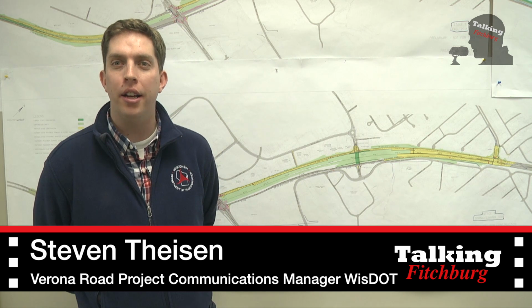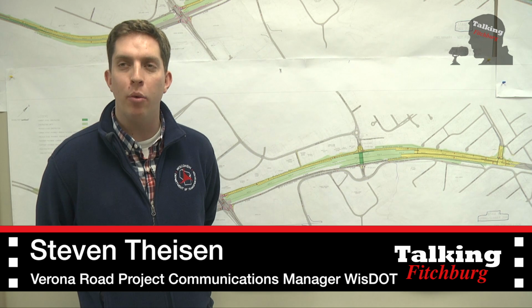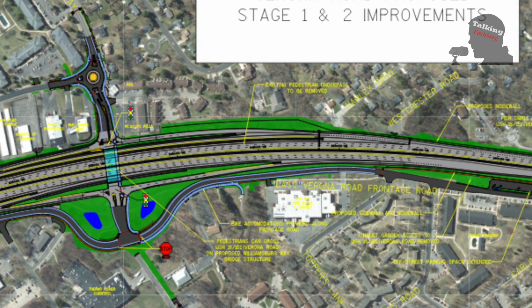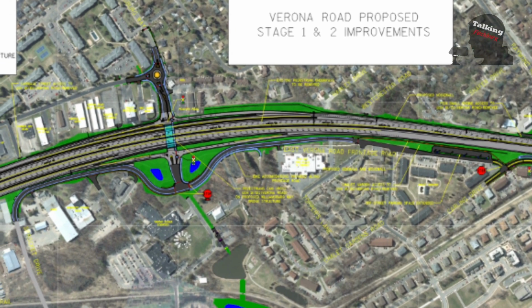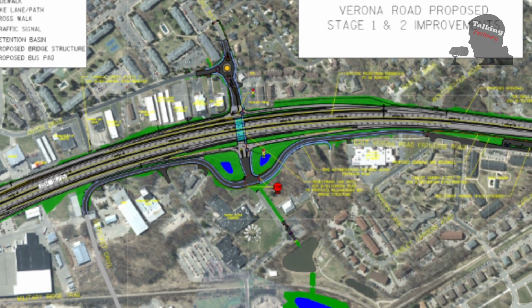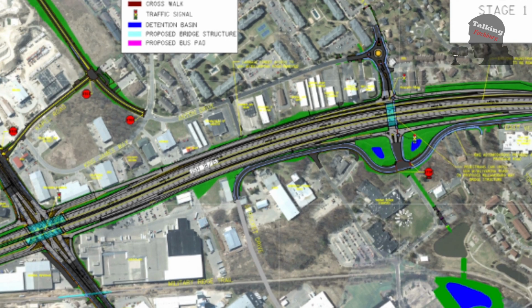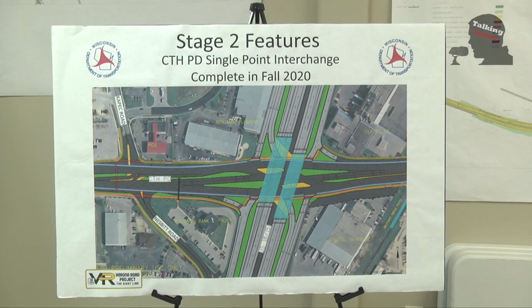We'll be working on the traffic shift between Williamsburg Way and Raymond Road, essentially taking all northbound traffic and shifting it onto the west side of the highway as we finish up the Raymond Road and Verona Road intersection. Have that completed later this spring, and then we'll be able to focus on the core of Verona Road, essentially from Raymond Road south to Highway PD McKee Road, expanding that to 3 lanes in each